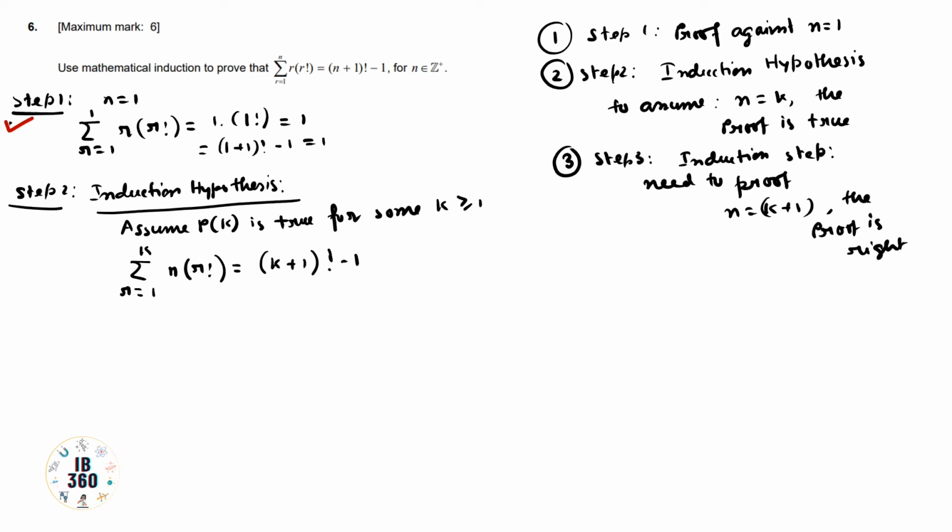Now we need to go towards step 3, where we need to prove that for k plus 1 also the induction hypothesis is true. If for k plus 1 also the induction hypothesis is true, then the mathematical induction is correct, and if for k plus 1 it is not true, then the mathematical induction is not correct, and the LHS will not be equal to RHS. But for our question it is written that the LHS equals the RHS, so it is obvious that if we use the k plus 1th term, this will be correct. So let us do this part.